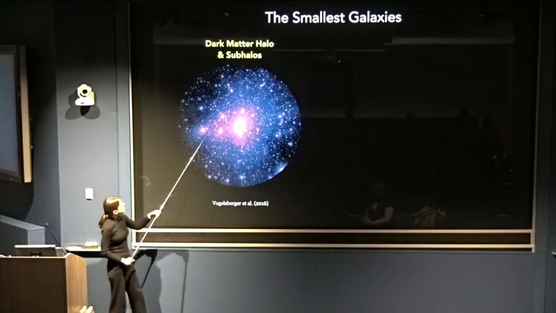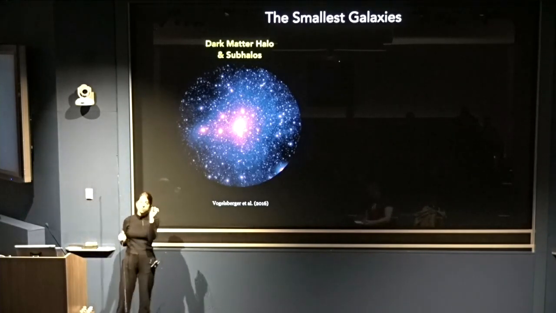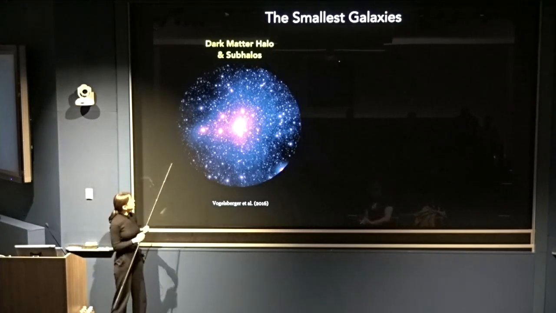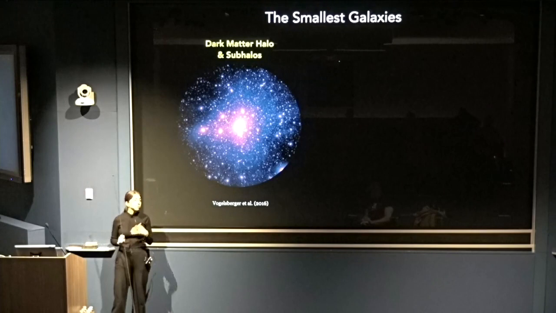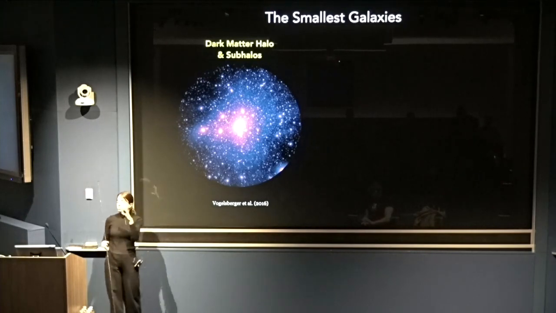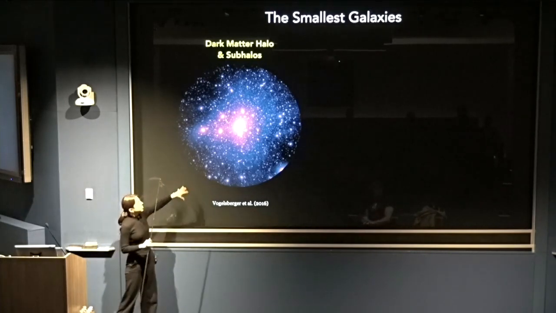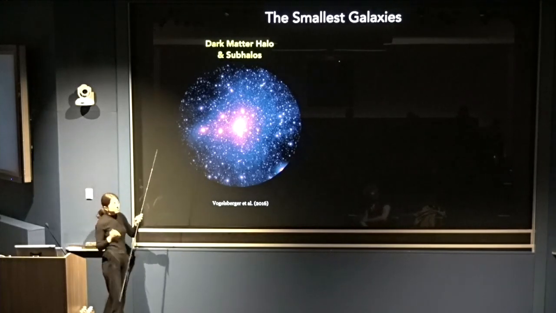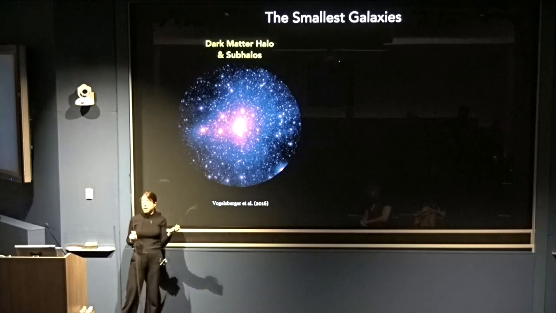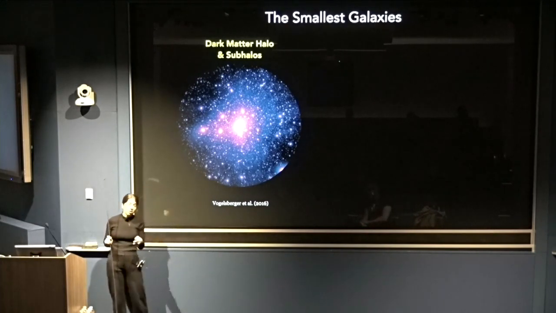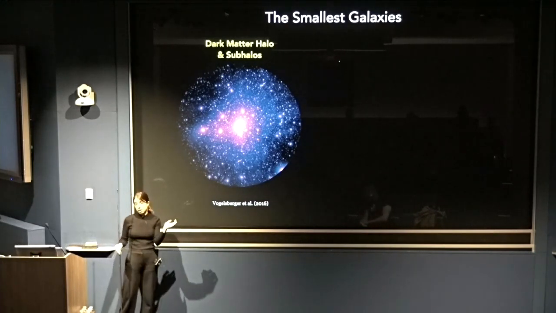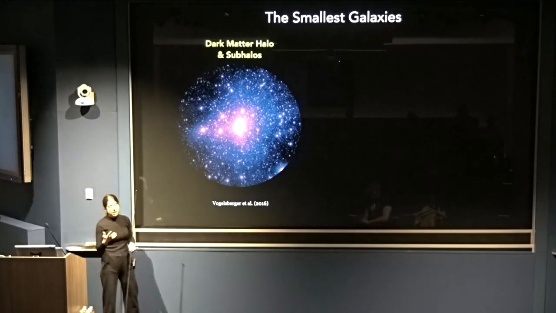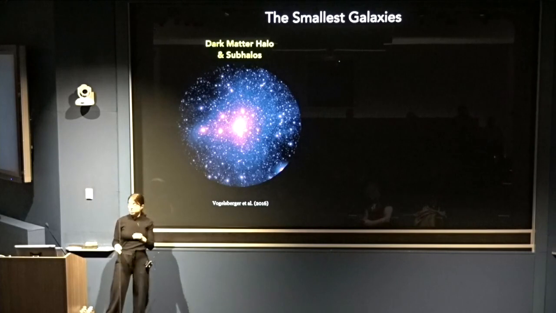And the largest of these will themselves end up having gas and maybe some stars in them. And those end up becoming what are referred to as dwarf galaxies, so these small galaxies that end up orbiting around the Milky Way. The clumps that are even smaller than that may not actually have any gas or stars in them at all, and so they may just remain completely dark and just continue flying around. And that we have yet to detect, but could actually be present.